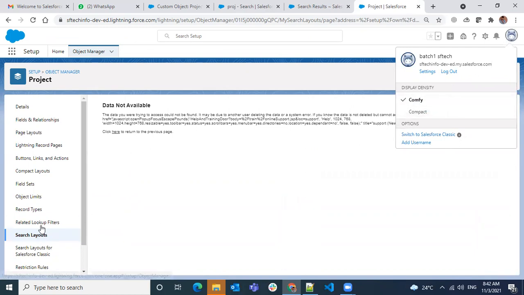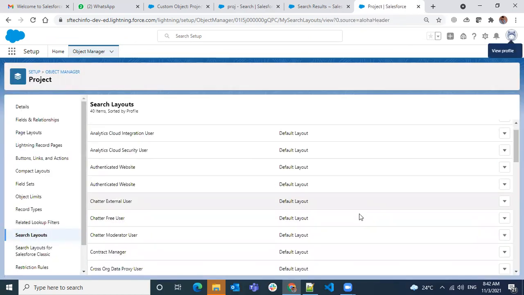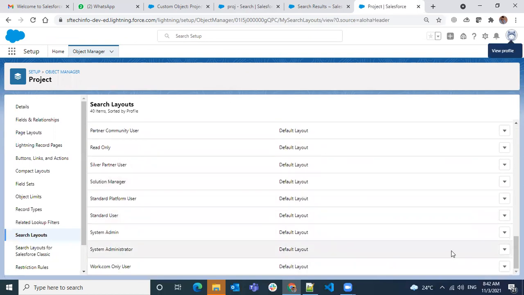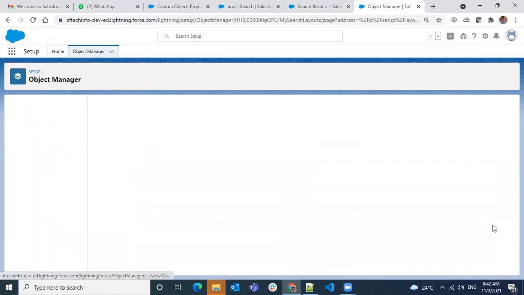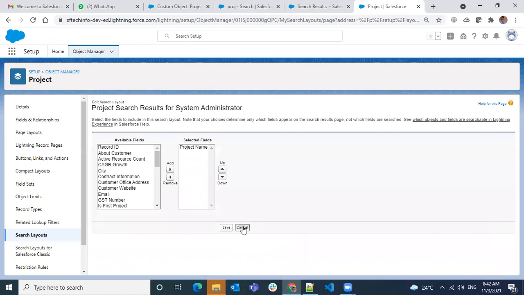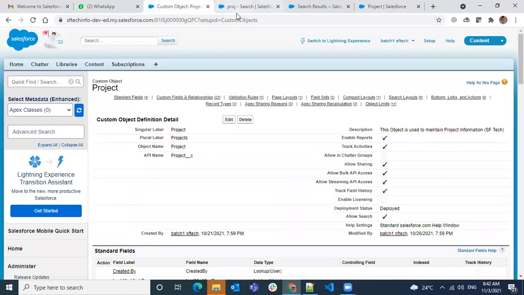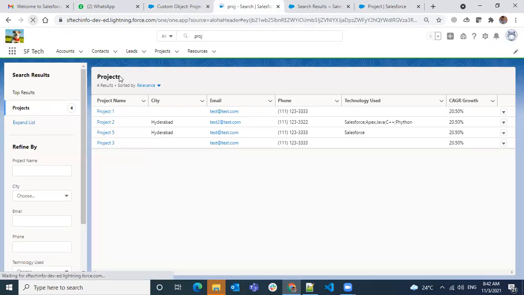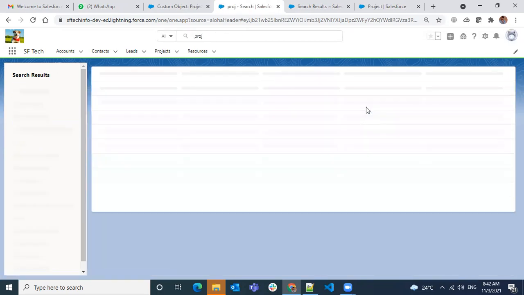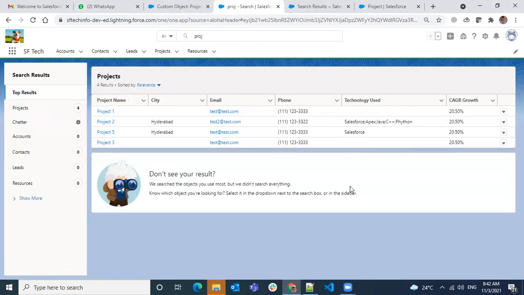Same, one system admin only. Okay, what's the layout? Okay, maybe some kind of issue.